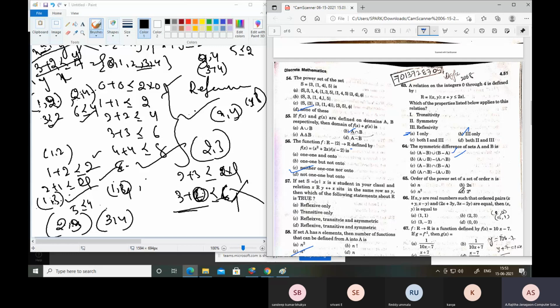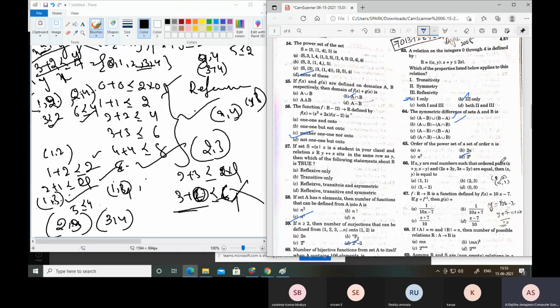Now see here, if x comma y are real numbers and the ordered pairs are like this, x plus y comma x minus y and 2x plus 3y minus 3x minus 2y are equal. When it is equal, you can observe here 1 plus 1 is 2, 1 minus 1 is 0. Substitute these pairs, both of these two are equal. So that is question 66, which means 0 0. 0 plus 0 is 0, here also 0. So this is 0 and this is also 0. In all the remaining cases these are different.